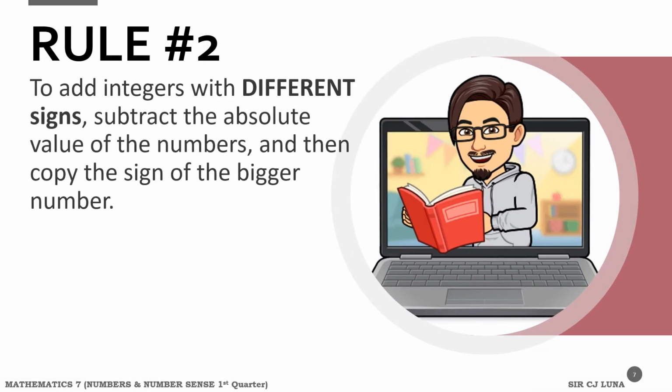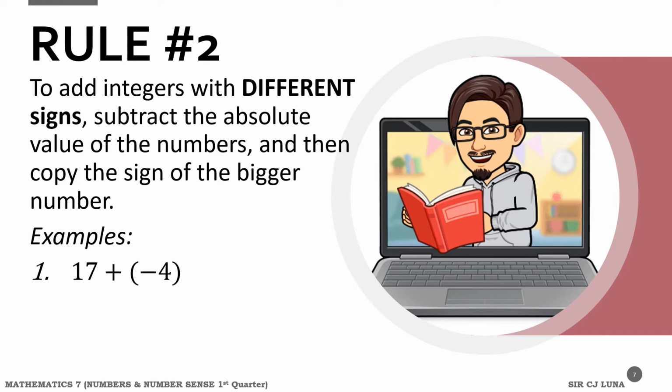Rule number 2. To add integers with different signs, subtract the absolute value of the numbers and then copy the sign of the bigger number. Kapag naman magkaiba sila ng sign, halimbawa, yung isa ay positive, yung isa ay negative, ang gagawin mo, you subtract the numbers. Okay? Pagkatapos, kokopyahin mo yung sign ng mas malaking number. Okay, for example,